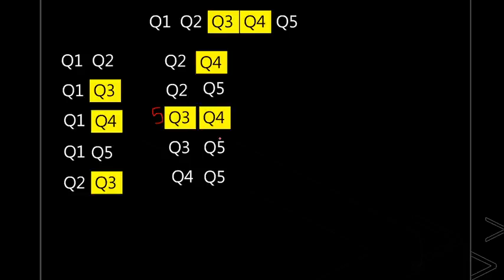Now look at the next one, Q3, Q5. Which one does he know? He knows Q3. So he will pass. So this is the sixth chance. Next one is Q4, Q5. In this also he knows Q4. So if he chooses Q4, in this one also he will pass. So this is the seventh possibility. Is it clear? Okay. So total of how many possibilities are there? Total of 7 possibilities.